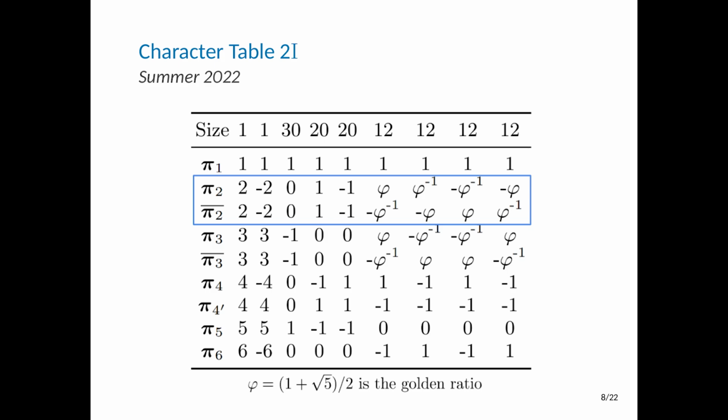The one we start with is pi2, because that's the natural representation. If you take 2I as an actual matrix group, you just take the trace. That's the natural one you get, whereas pi2 bar is basically that applied with an outer automorphism, and you get a slightly different representation, which seems like it shouldn't matter. At the time, we didn't think it would matter which one we picked, but it turns out later that